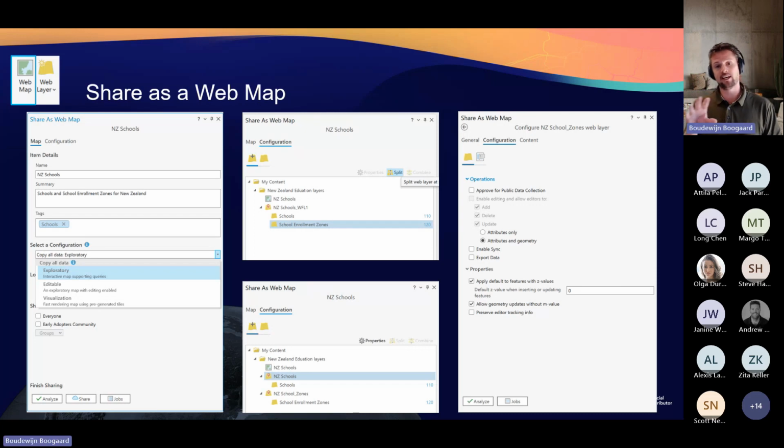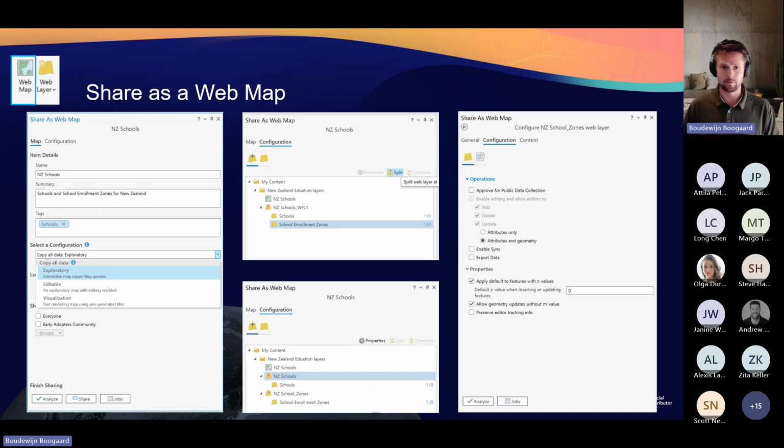An interesting one is here, if you publish as a web map, it will only publish the layers that aren't services already. So for example, if you use a base map in your web map, it will just reference that base map and it won't try to republish that. Also, all the layers that can be published as a feature service will all fall under one feature service with sub-layers.